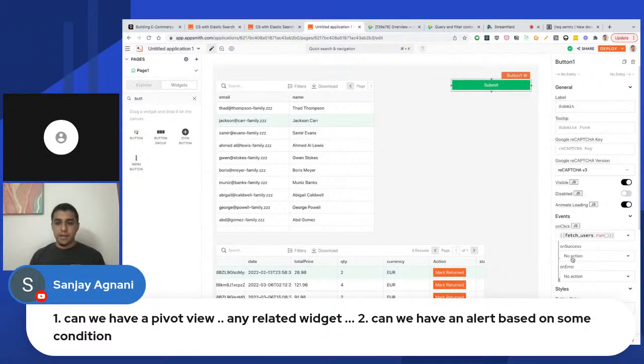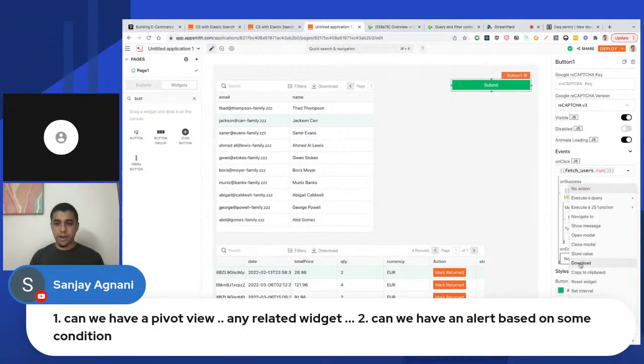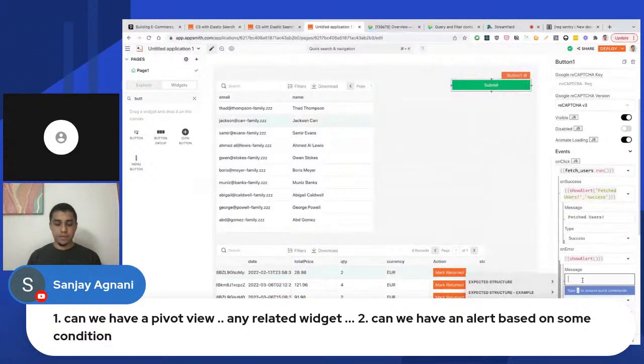We could then say that if it succeeds, we should maybe go ahead and show an alert saying success or fetched users. But if it failed, we could go ahead and take another action, such as opening a modal, navigating a user, we can even download data,